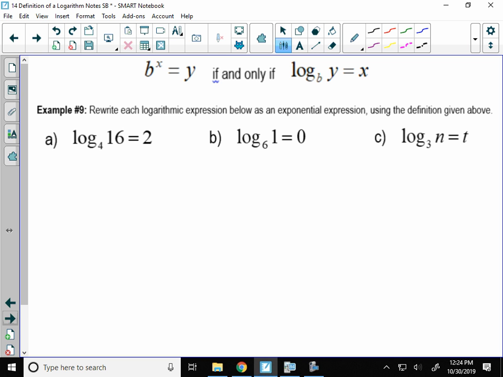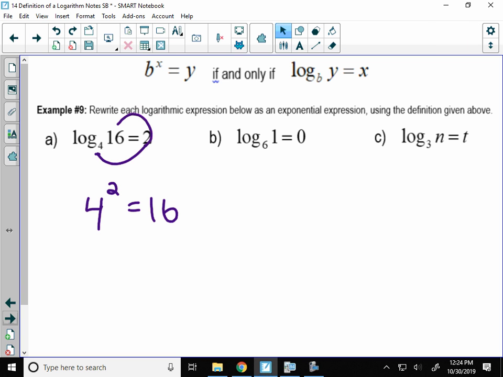So the curly Q helps here. I always start with the base. I loop around, so I write the 4 first, that's my base. I loop around to the equal sign. That 2, we said the logarithm, the answer is the exponent. So 4 to the second, and I loop into my 16. Is that a true statement? Yes. Yeah, 4 squared is 16. So this logarithm gives me the exponent for 2.